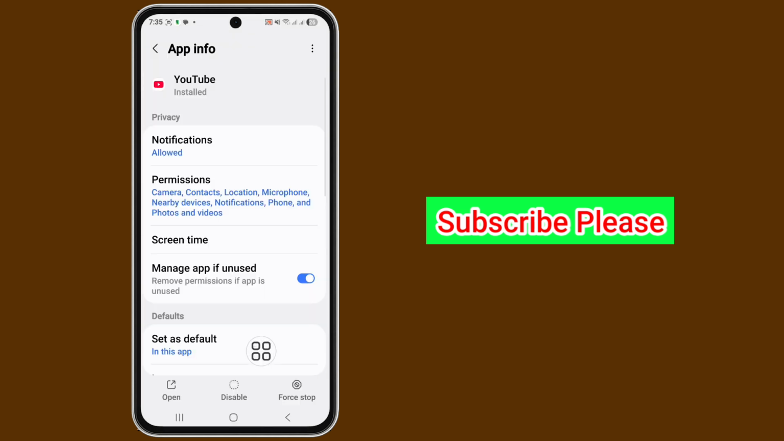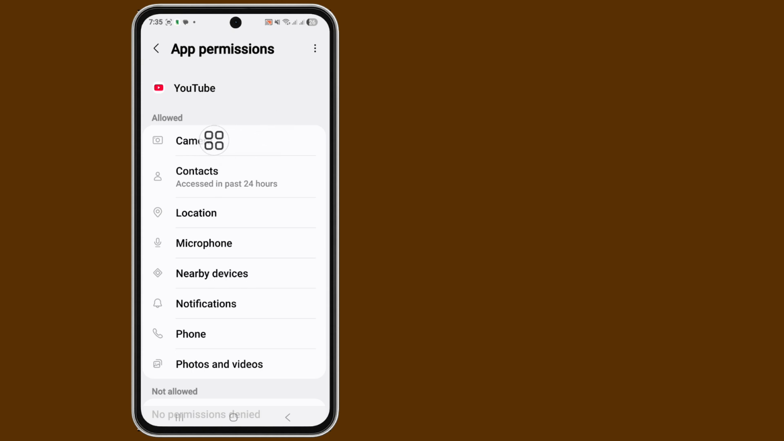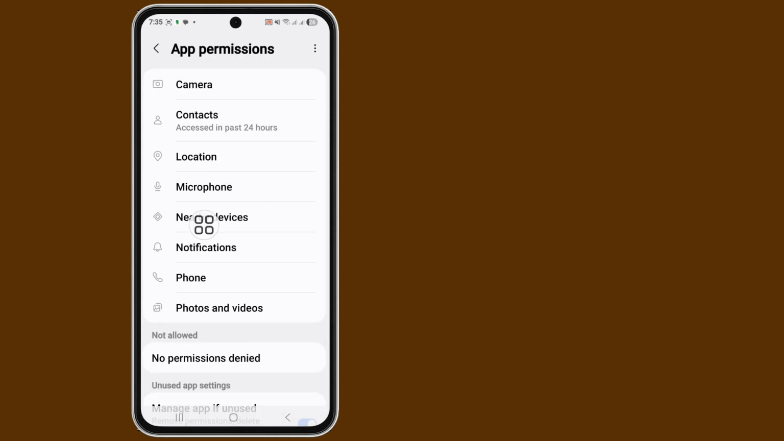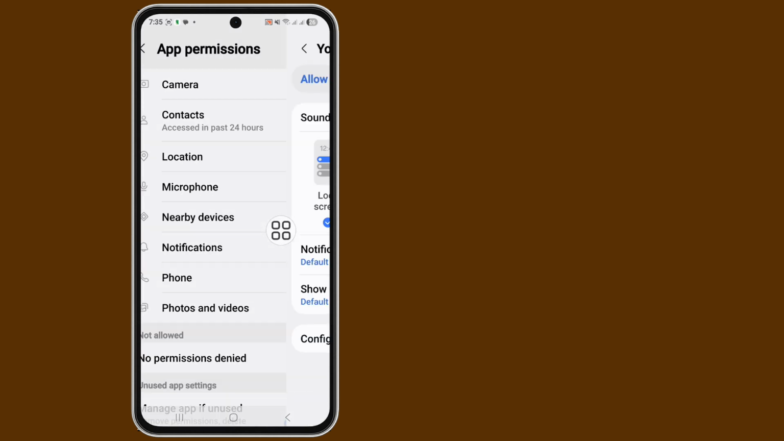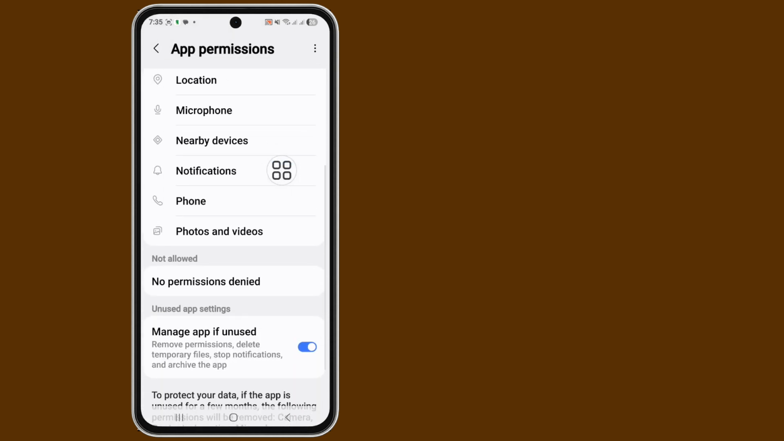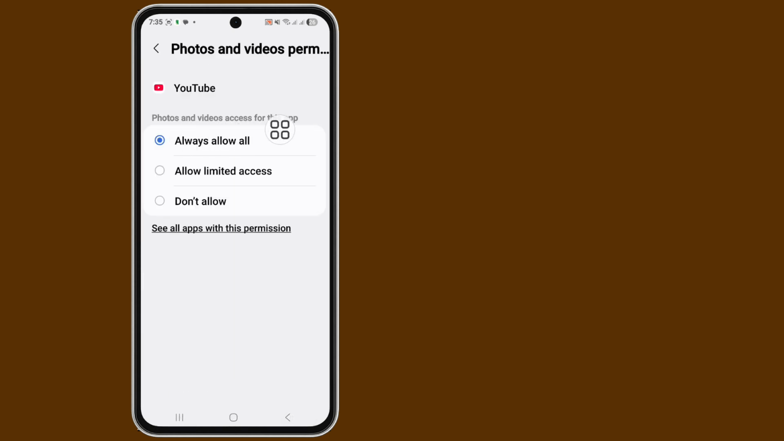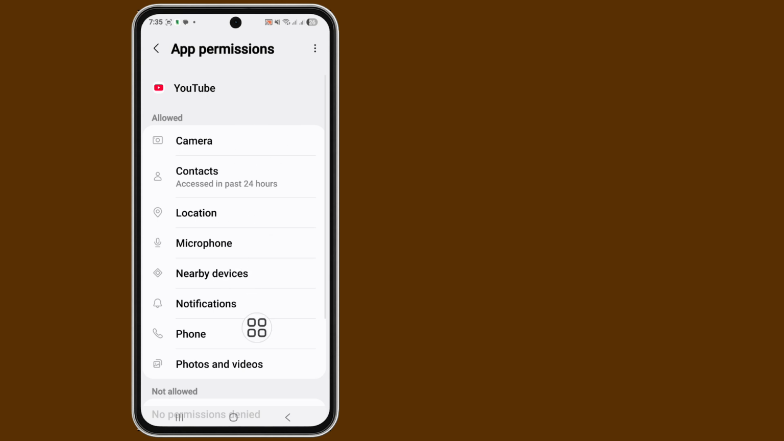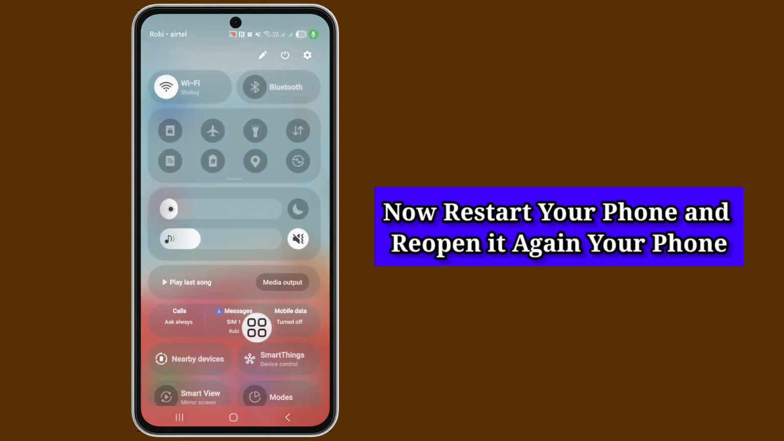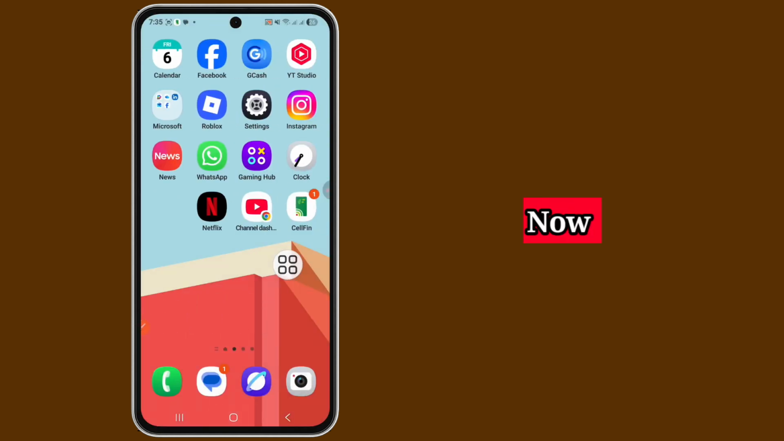Okay, go back and now tap on the Permission option and, first to last, allow all permissions. First, camera allow, second, contacts allow, and third, location, microphone, nearby devices. Notifications, turn on or enable the notification option. Back, and tap on phone, allow. Auto send videos, allow. Okay, complete, allow all permissions. And now restart your phone, reopen it again, and now check your